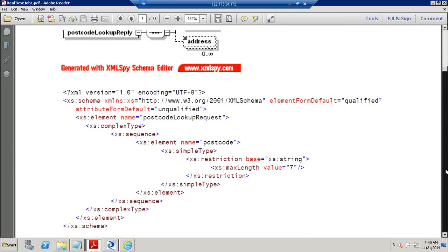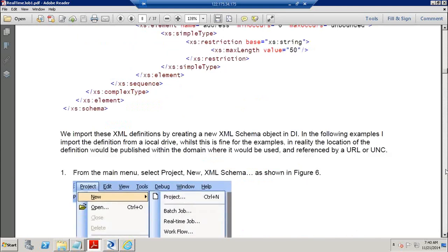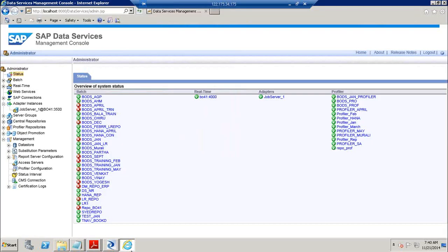And the third one, the access server, is not mentioned in this document, but that has to be configured so that you can start working on that. And once you are done with all these basic level settings and you cross check that they're up and running on the system,